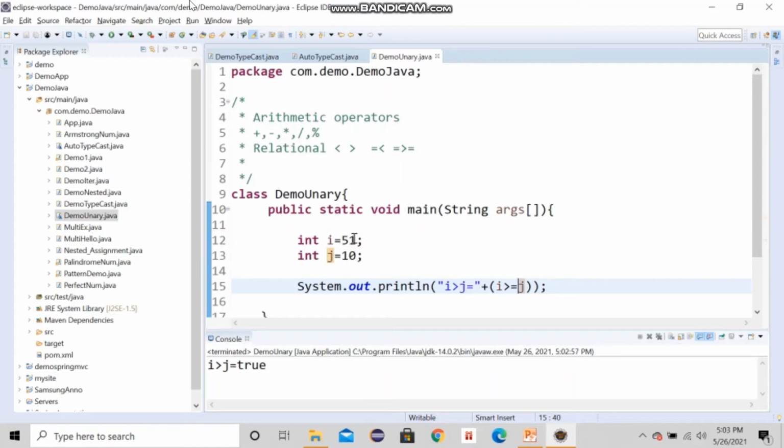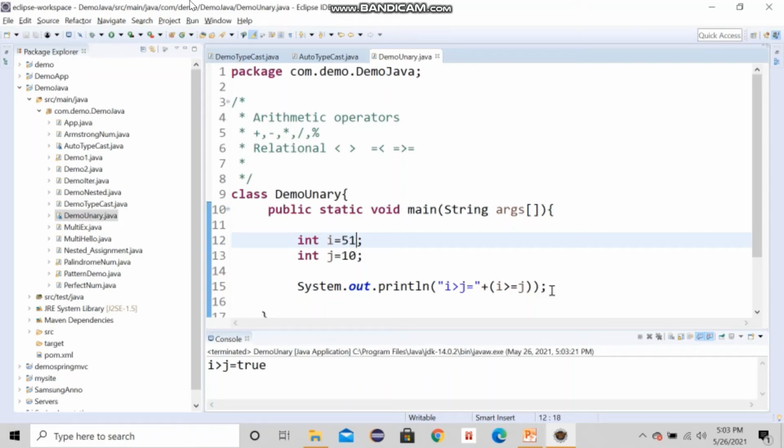If it is equal, it will also be true, and if it is less than, it will say false, because the condition is checked and it returns the boolean. That's the reason it is a boolean operator. You can try with different relational operators, and we'll see logical operators too.